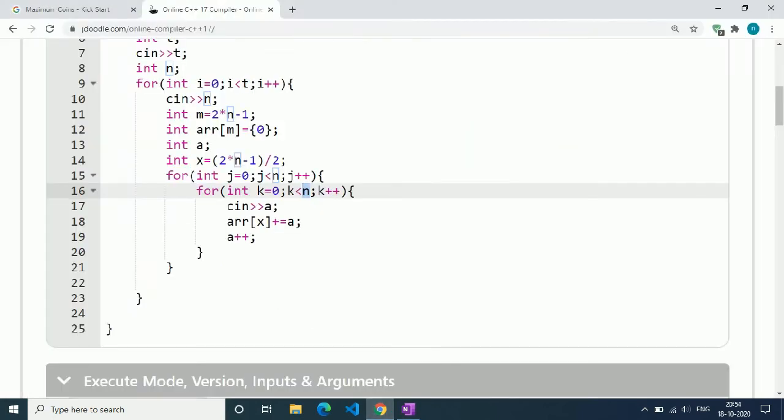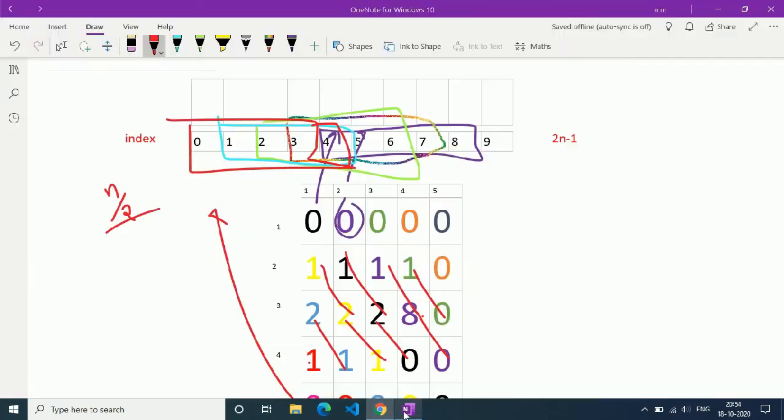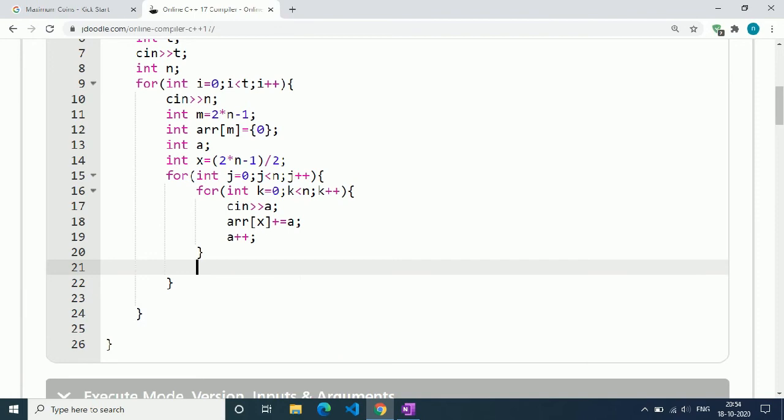So we are storing row by row. Here we store our first row, that is our inner for loop, and here it is actually x plus plus because we are incrementing the index. So this for loop stores the first row.